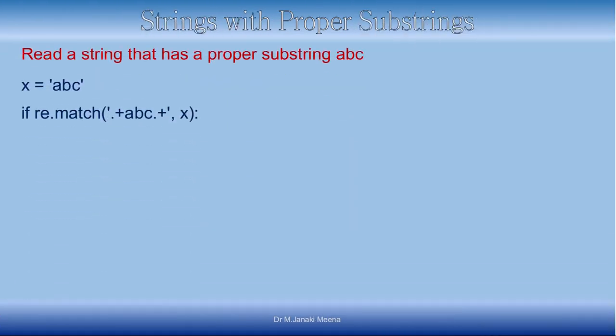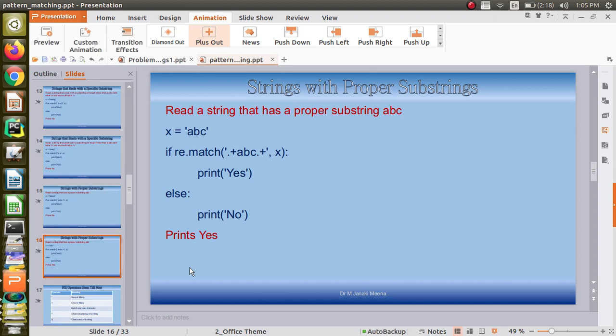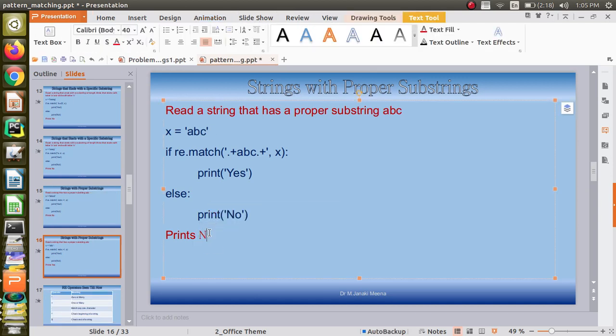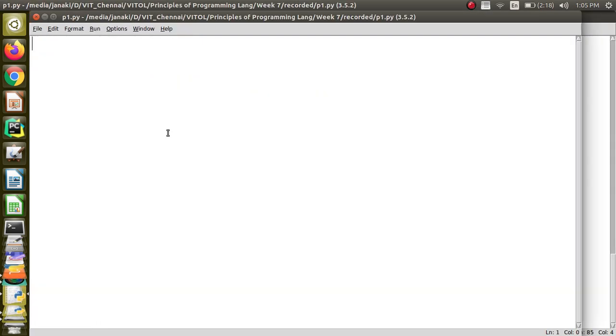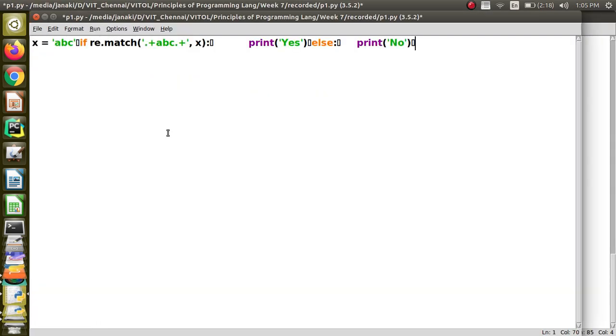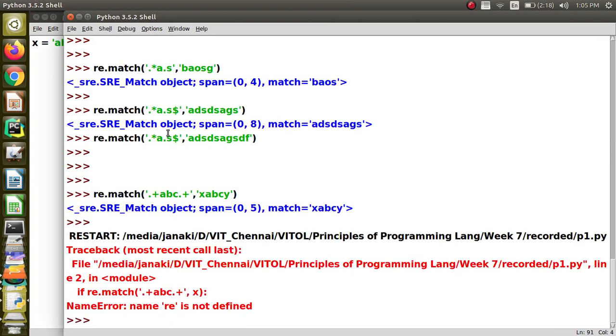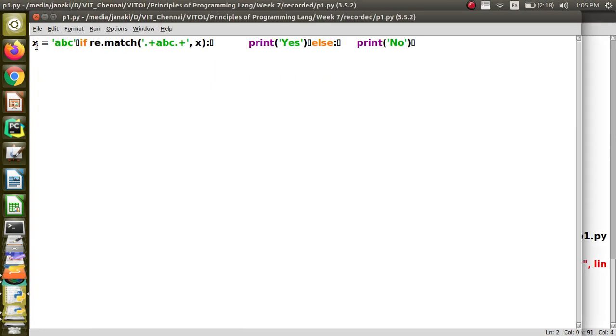When you see this directly, if I give only ABC, you will see that the code will print no. Actually for this one it should be no. Sorry, you can see this. I will directly put it in the editor and show you. Import re, I should give.